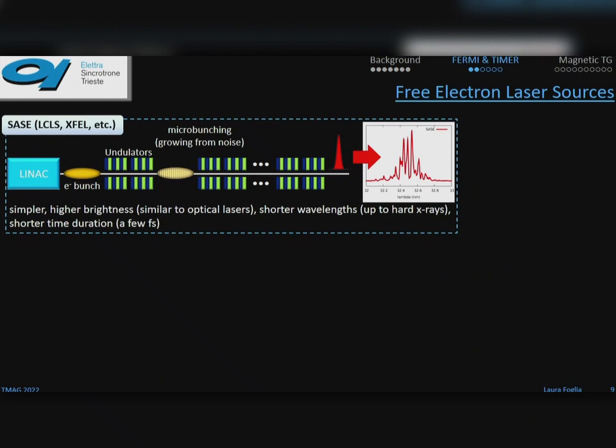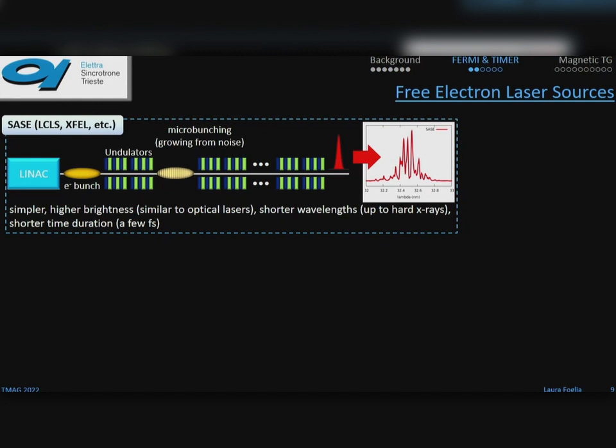Typically, we have two kinds of FELs. So this is what almost everybody knows. A LINAC, an electron bunch, and then a row of undulators where this electron bunch, by noise, enters this microbunching regime. And from this microbunching regime, depending on how long is your chain of undulators, you have these very characteristic comb-like pulses that can go up to hard X-rays, are very short, femto to attoseconds, and